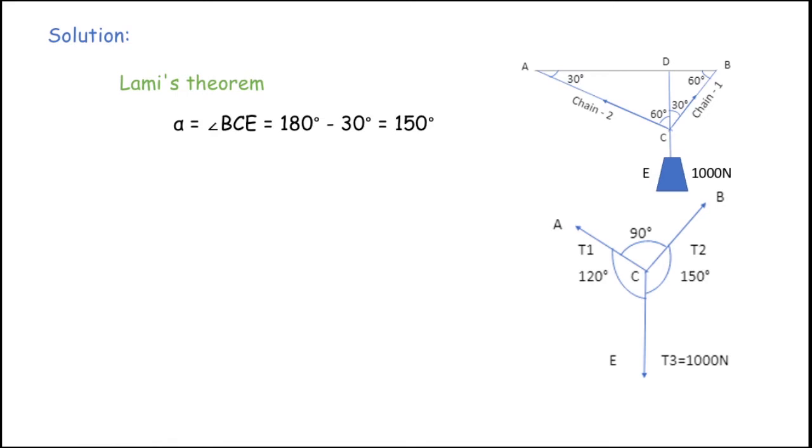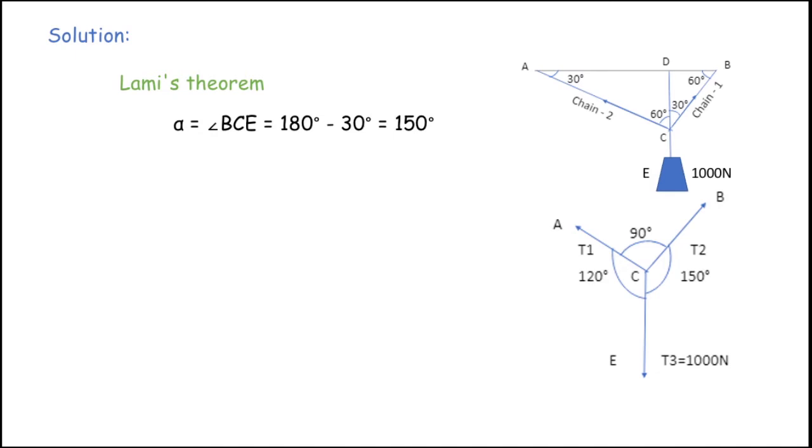So we have to draw the free body diagram from the space diagram. So see the space diagram now. I have to create the free body diagram as A, B, C and E. Now we have to find the alpha. So I take the angle of BCE. Look at the first diagram at the top, BCE. We have to find the angle.